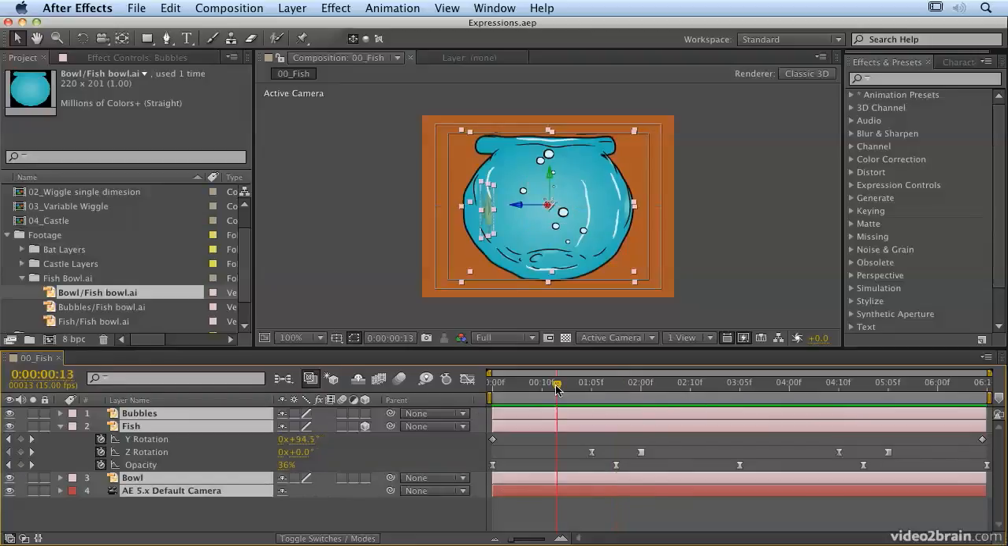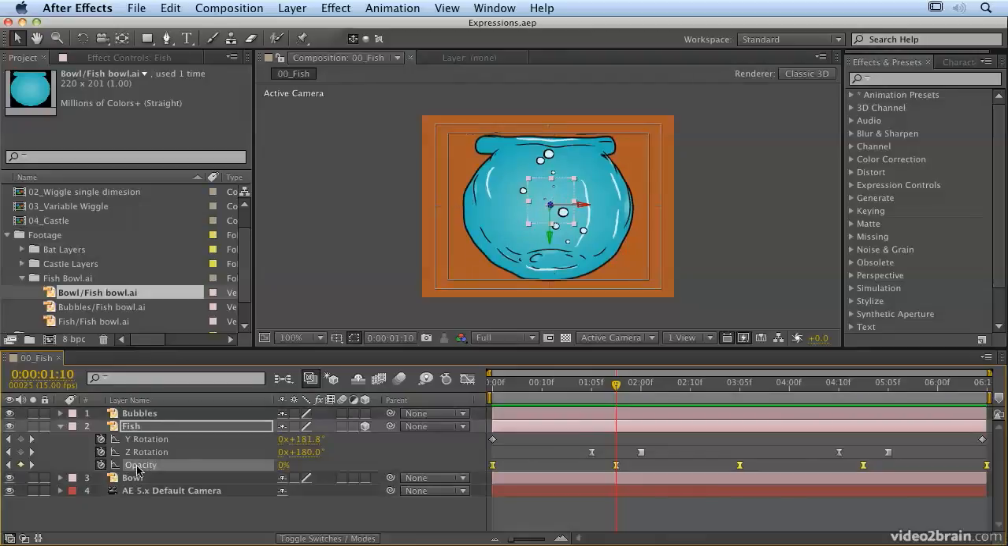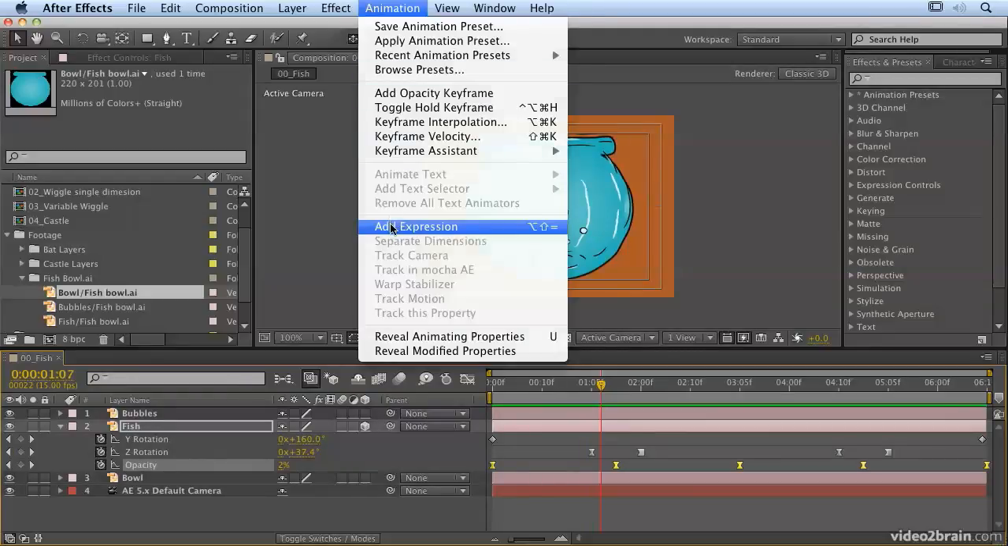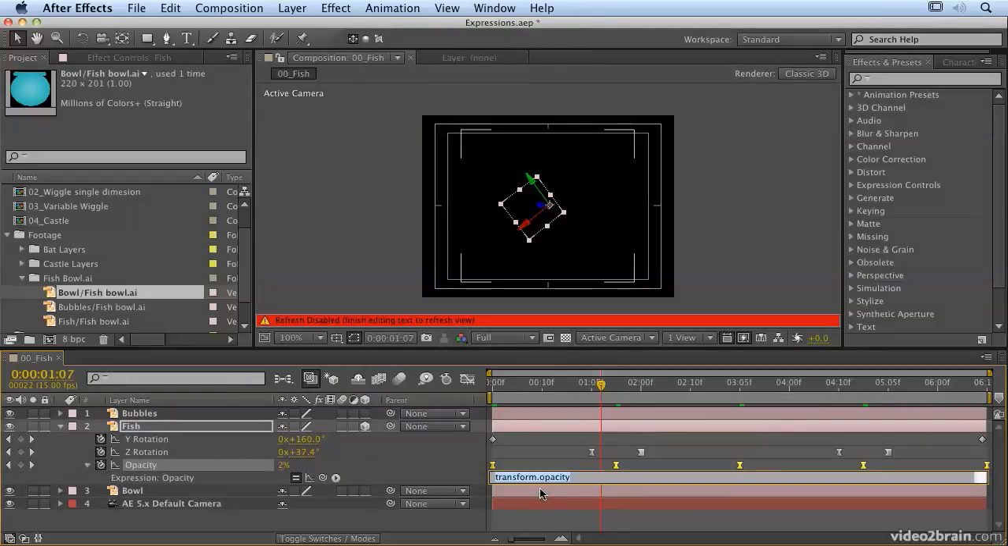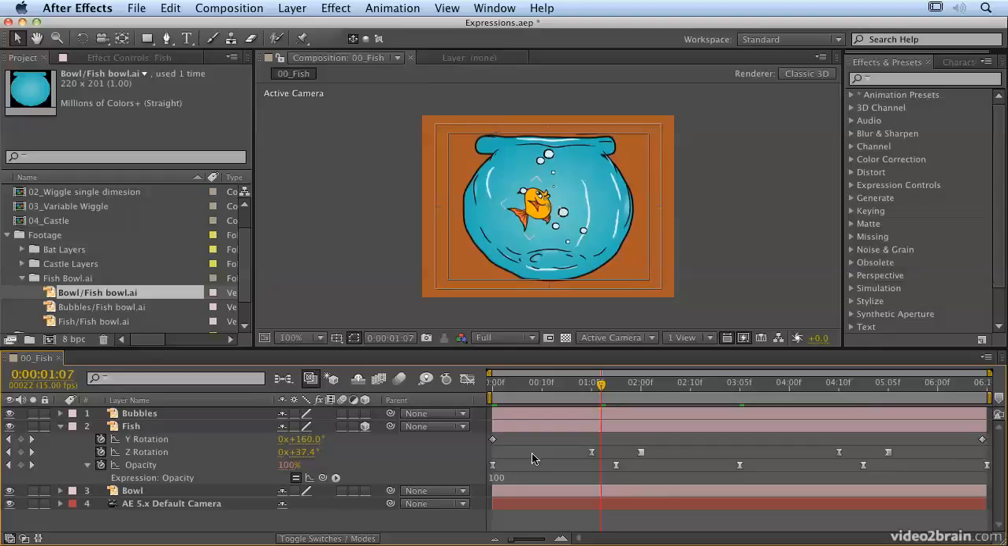If I was to replace the value of 0 here, I would actually change the value of the keyframe. But if I add an expression to do it, it will leave the keyframe as it is, and I won't make any changes to the keyframing. So what I'm going to do is select the opacity value and go to Animation, Add Expression. And all we're going to do is type in a number, 100. Okay, and that is our first expression, and what that does is creates an opacity value of 100 throughout the